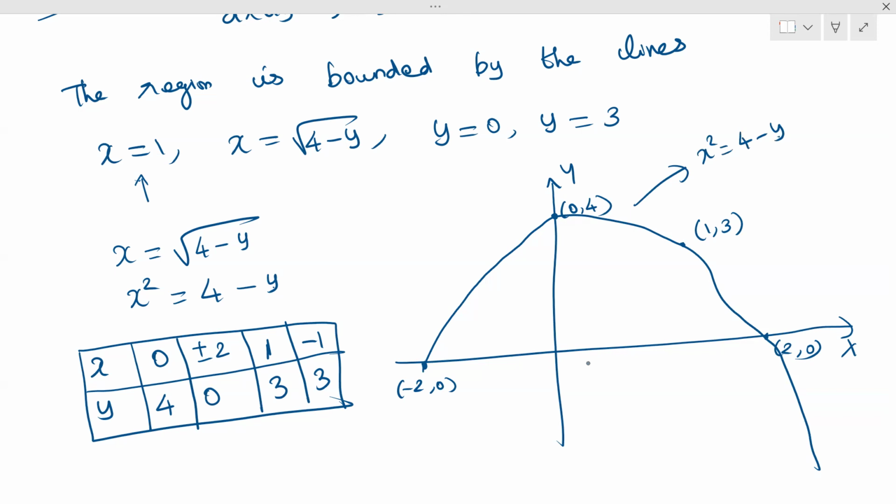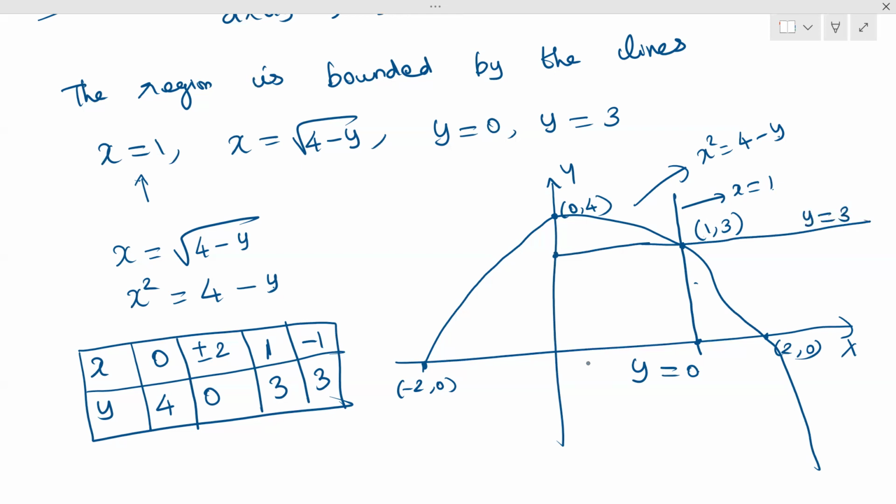Okay. Next we have to write x equal to 1. x equal to 1 means here it is 1. This is only 1. Okay, x equal to 1 means it is nothing but a line parallel to the y-axis. So this is x equal to 1. What is that? y equal to 0. y equal to 0 means x-axis. y equal to 3. Here we are having 3. Because (1, 3) means here it is 3. So y equal to 3 means it is a line parallel to